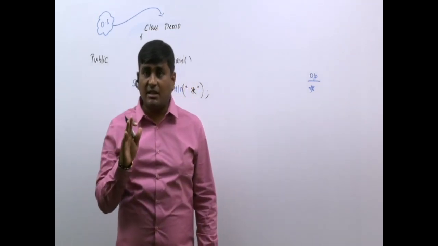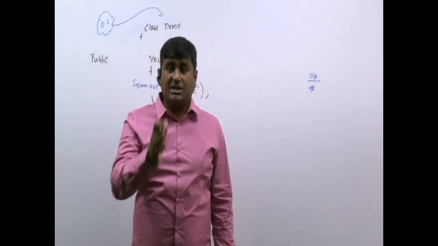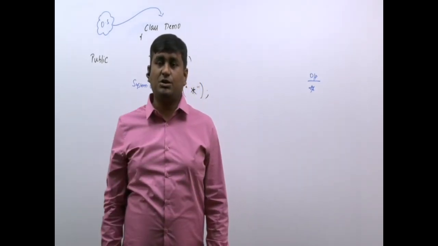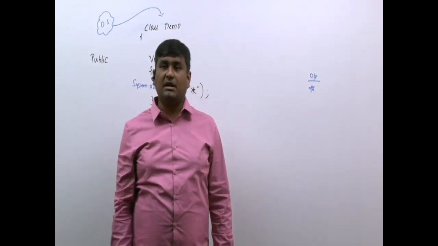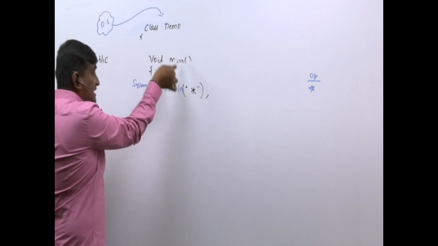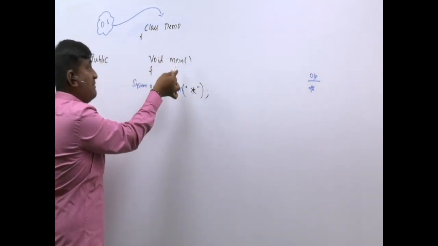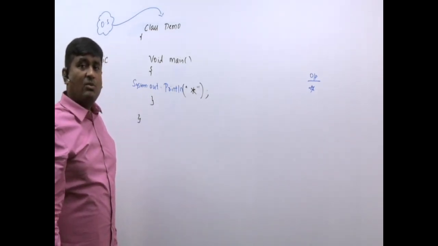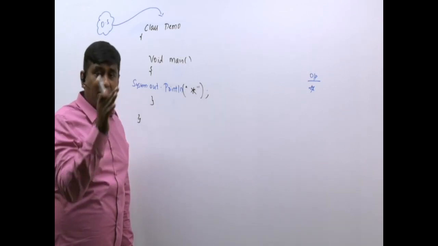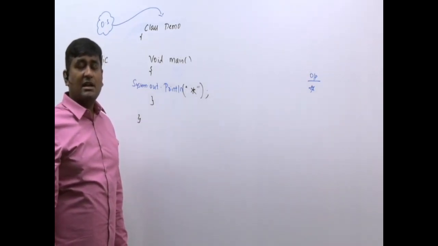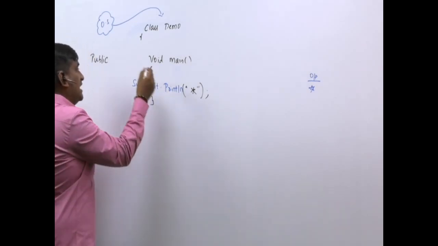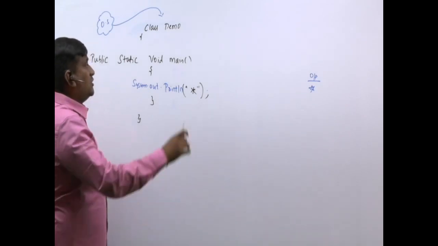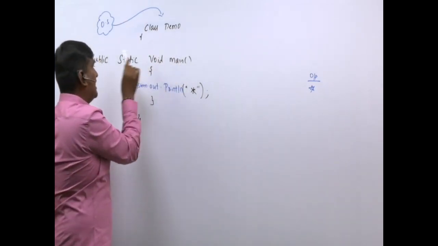Don't take me in another way. You should take all the examples in a positive way. In a classroom, can you see all girls? Yes, in a classroom, I can see all girls, sir. No issues for me. Can you access them? No, that is not possible. Same problem here also. OS can see the main method. How did it see the main method? By making the main method public. But OS can't touch or access. Again, OS asked God, God, what is this? I can see, but I'm not able to access it. Then immediately, God told the main method, from today onwards, you also become static. So in order for the OS to see the main method, the main method is made public.